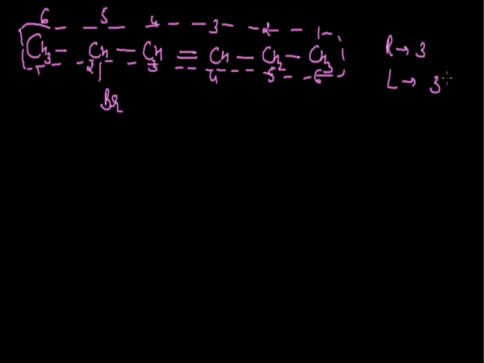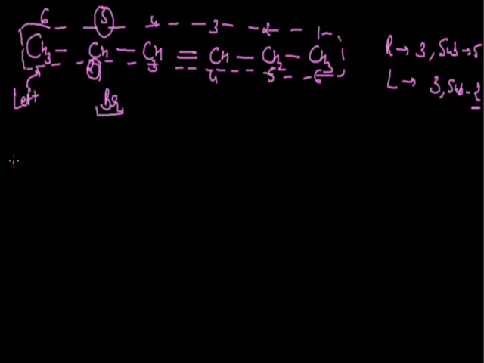So now, according to the rule, we are to do the numbering from where the multiple bond is getting lowest number, and since it is getting the equal position from both of the directions, we will see the position of substituent. If we do the numbering from the right hand side, the substituent or branch is coming on fifth position. On the other hand, if we start numbering from left hand side, the position of substituent is on the second position. Now according to the lowest possible rule, we will do the numbering from that direction from where the substituent is getting the lowest number. And according to this, the numbering will start from left hand direction for the given organic compound.